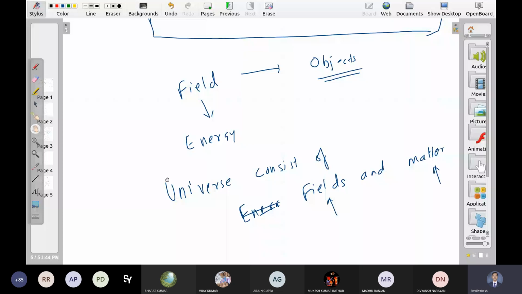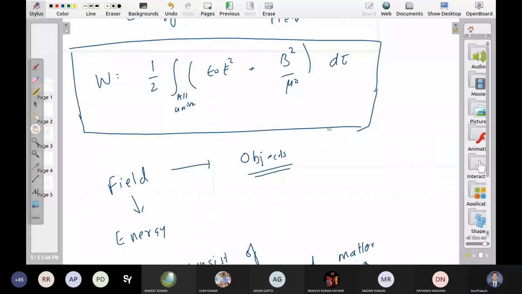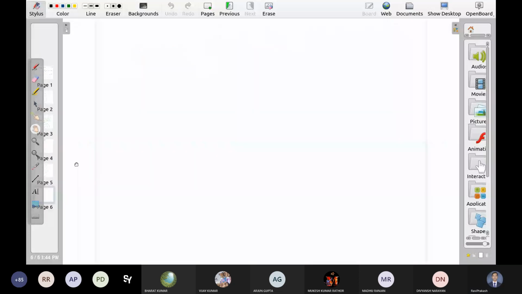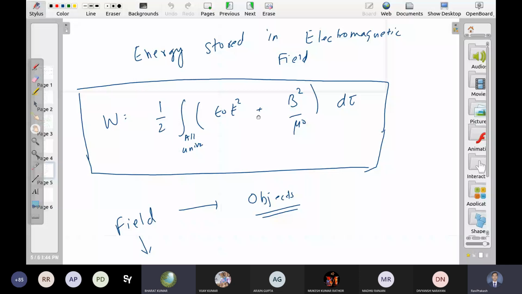So there are many applications of these kinds of scenarios. Some of the applications you will see when we talk about the electromagnetic field. Any doubt with this magnetic field part? सर अभी आपने कहा ना यूनिवर्स में मैटर है, एनर्जी है, फील्ड्स है, राइट. उस सब का इस फॉर्मूला से या फिर जो अभी हमने कॉन्सेप्ट सीखा उससे क्या मतलब, एक बार फिर से समझाएंगे? ओके, सो इससे कनेक्शन क्या है? So please wait until we talk about electromagnetic waves.